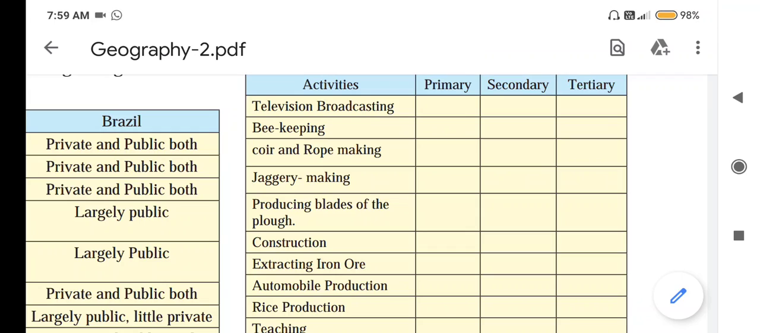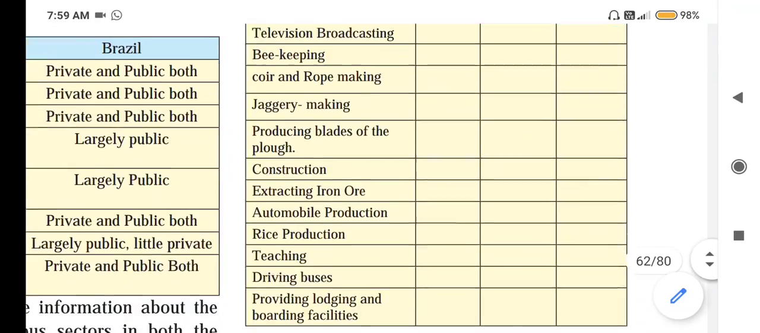Automobile production, secondary. Rice production, primary. Teaching, tertiary. Driving bus, tertiary. Providing lodging and boarding facility, that is also tertiary occupation. So we have completed this table. Now next is given here,